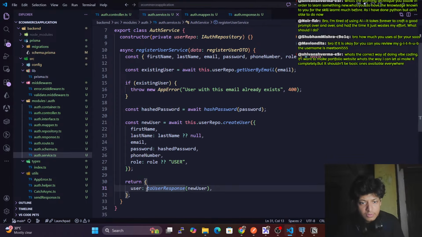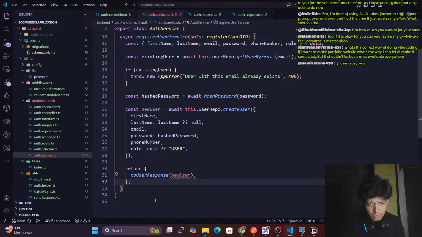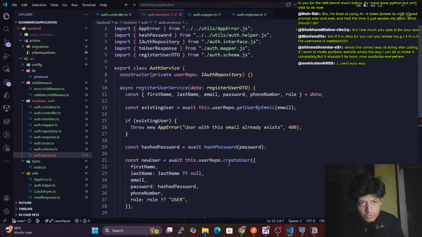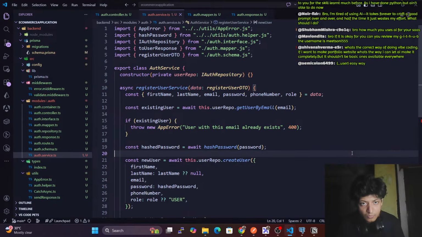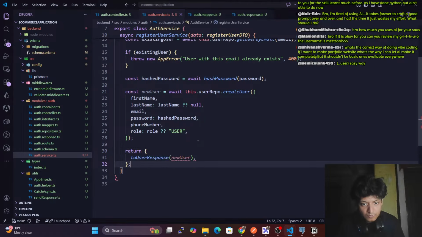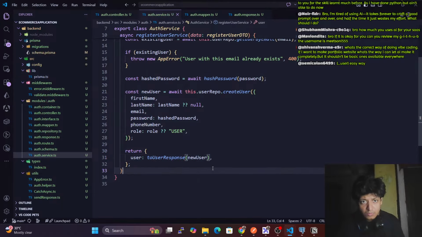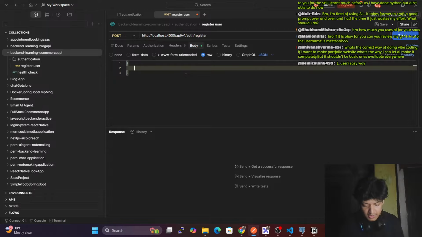Auth service, just not this, just do this for now. We have auth service. What is the issue here? What is the issue here? What is the issue? We have this, and now let's go. Let's give first name,